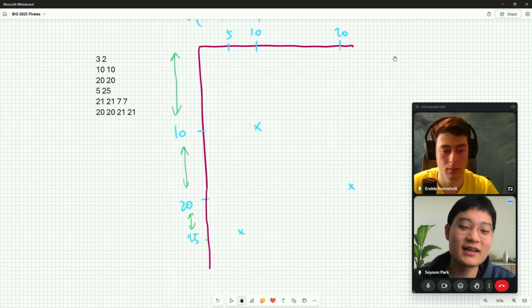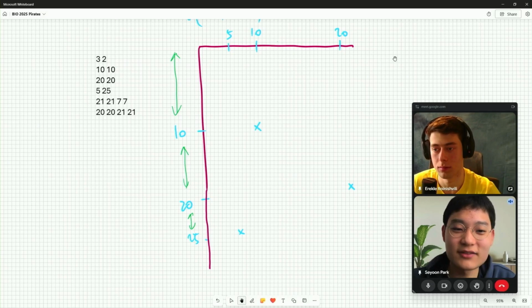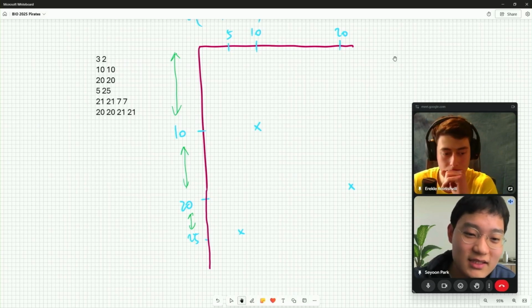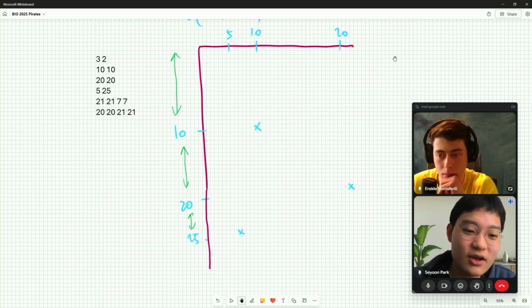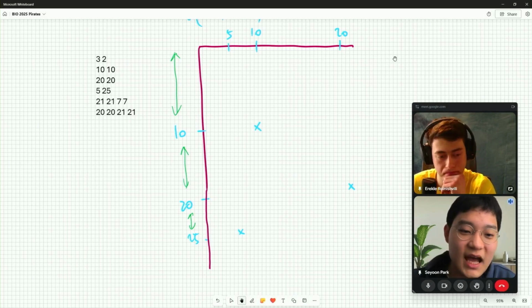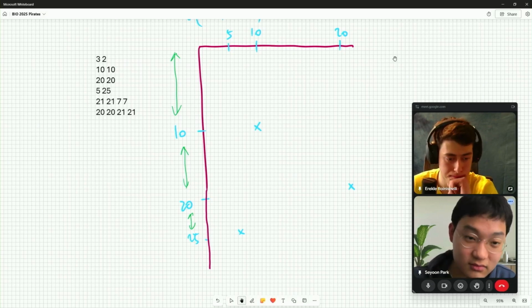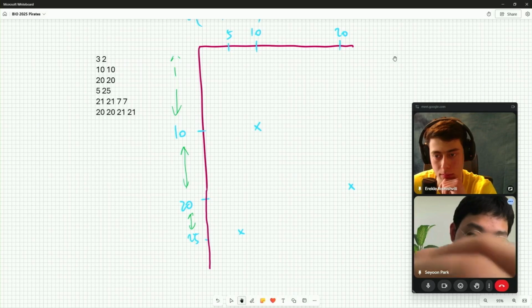There are no events happening, no points there. It's irrelevant. Only the given points matter when you're computing the answer. So what you can do is relabel, sort of. Let me write this out.